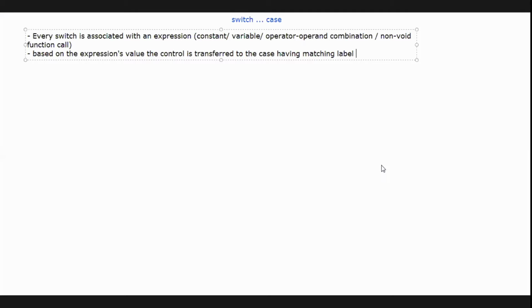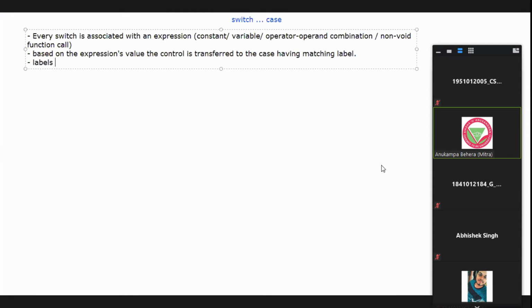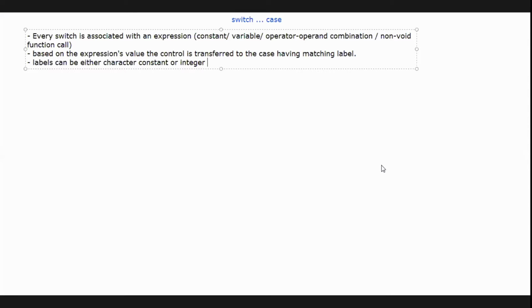Okay, now these labels can be either a character constant or an integer constant